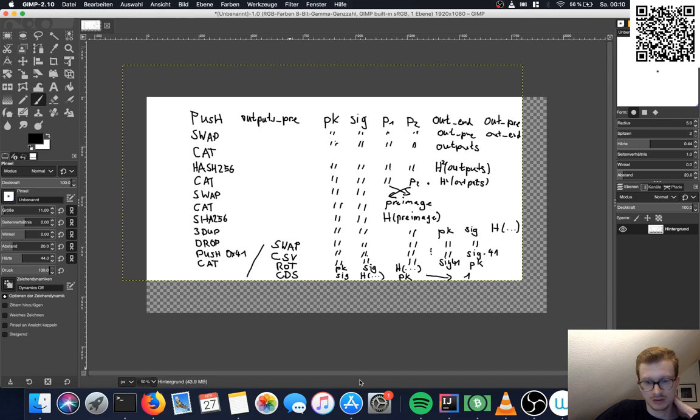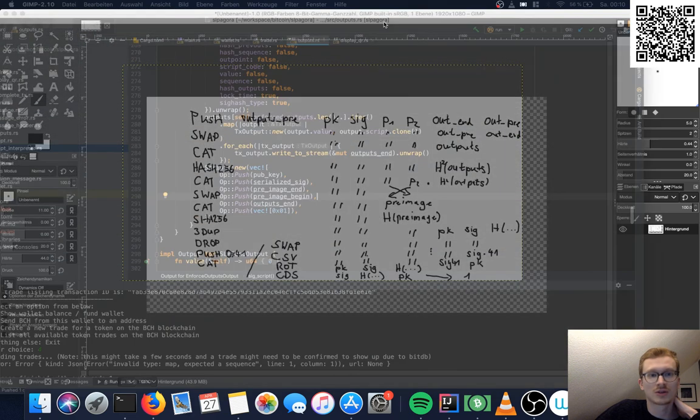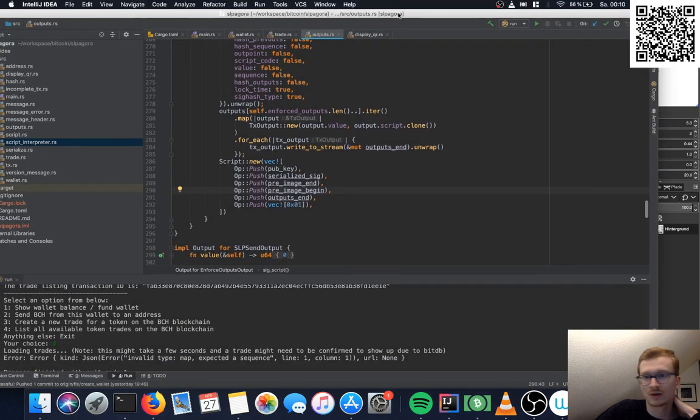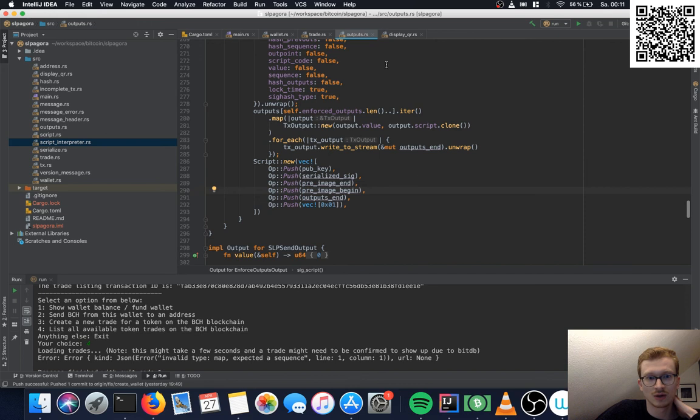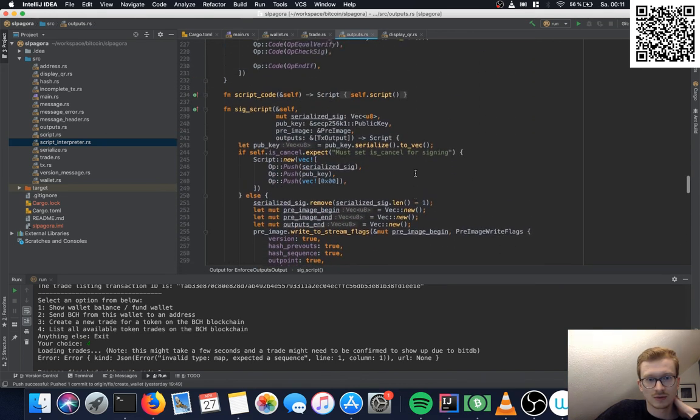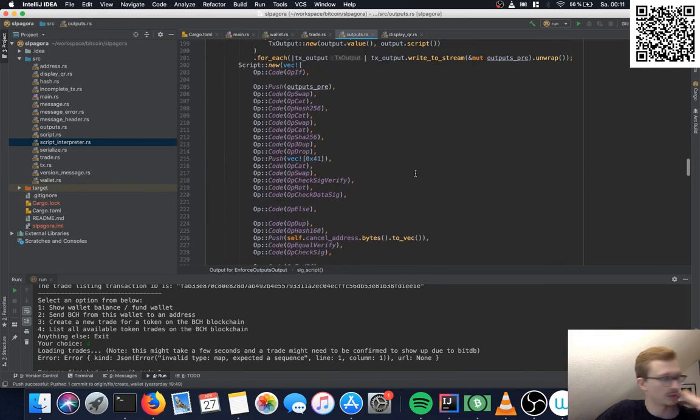All right. Let's just have a short look at the code again, just to show how this is actually implemented. Have a quick sip.